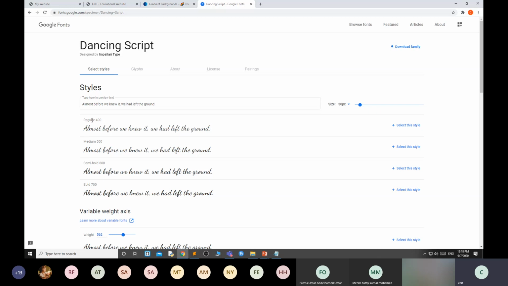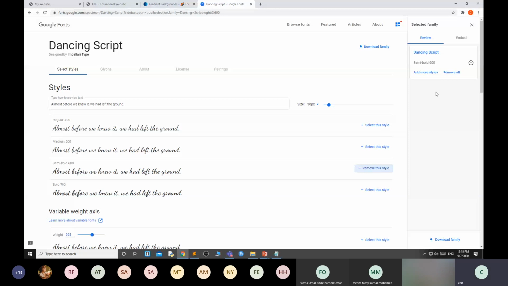From this, you choose the weight: regular 400, 500, 600, a little bit darker. Suppose I want 600. Then select this style and your style gets selected. Then click embed and copy this link.